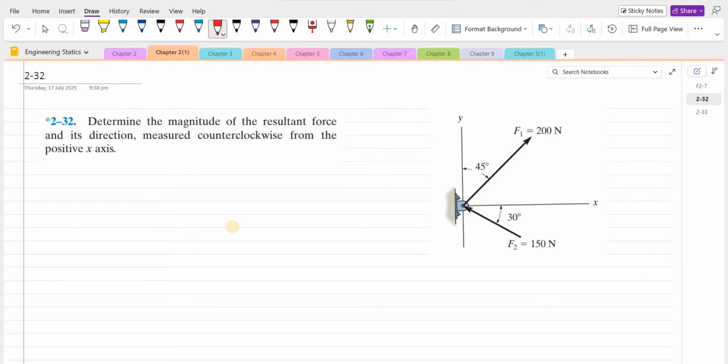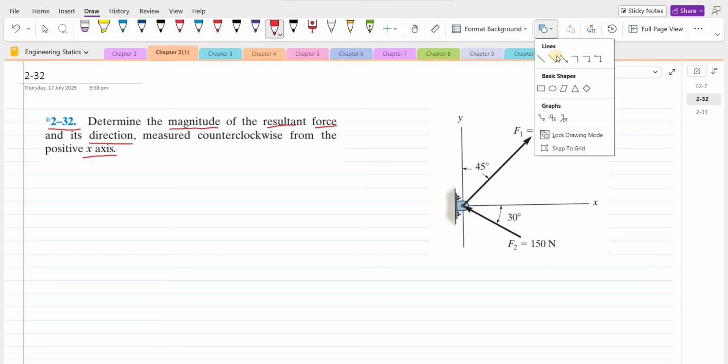In this video, we will solve problem 2-32 from R.C. Hibbeler Engineering Statics, 14th edition. According to this problem, we have to determine the magnitude of the resultant force and its direction measured counterclockwise from the positive x-axis. To solve this problem, first of all, we have to resolve these forces into x and